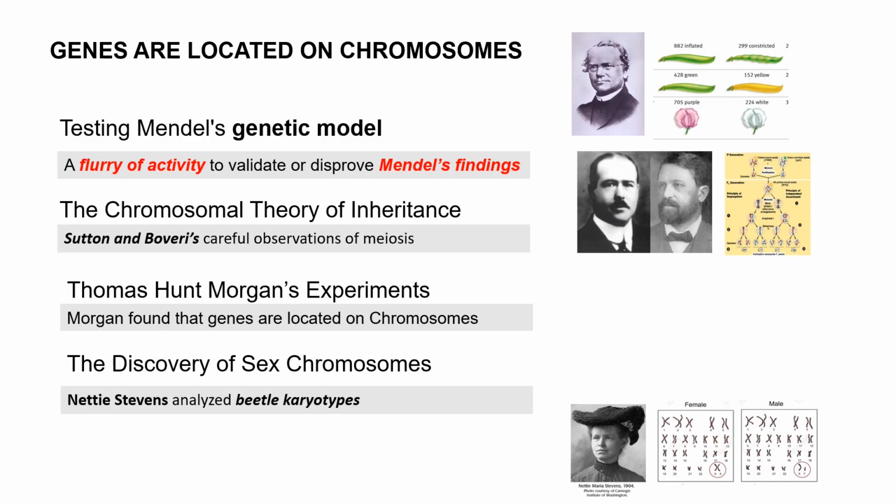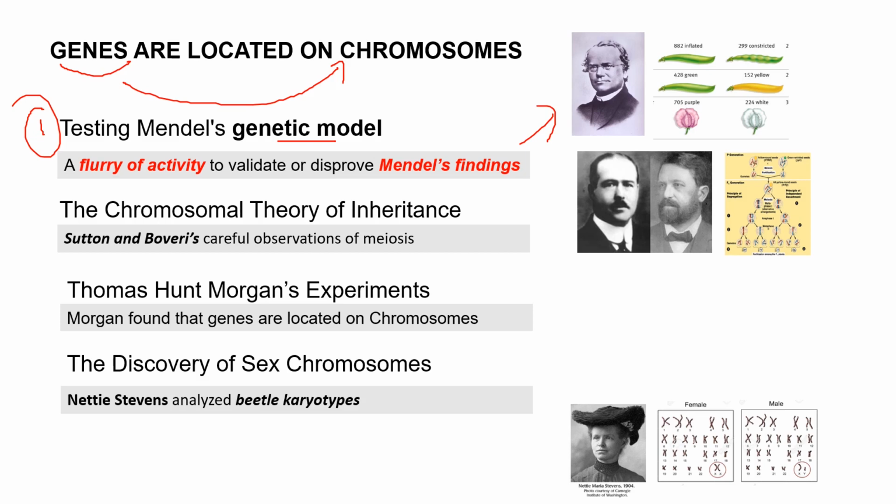In this class, we will talk about the different experiments that allow us to know how genes were located on chromosomes. So remember, the key point I want you to remember is that genes are located on chromosomes. And in the first part of this lecture, we will talk about how many scientists started trying to test Mendel's genetic model. There was a lot of activity trying to validate or disprove Mendel's findings because